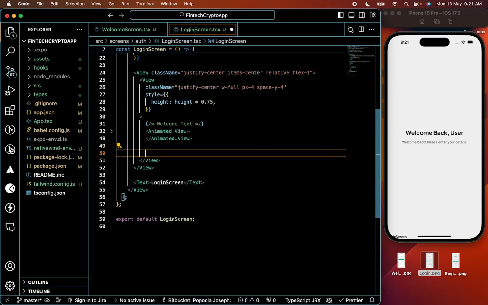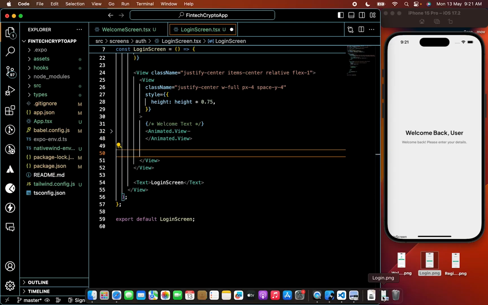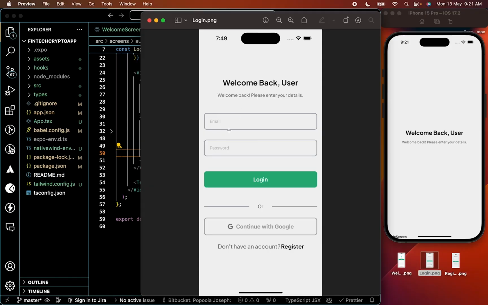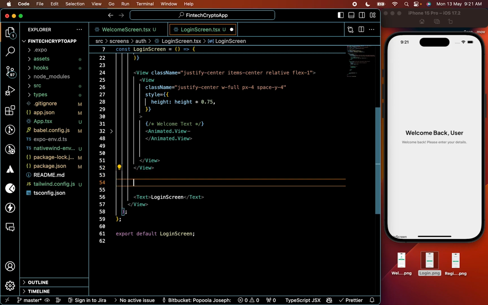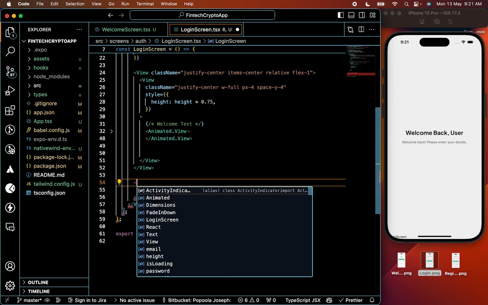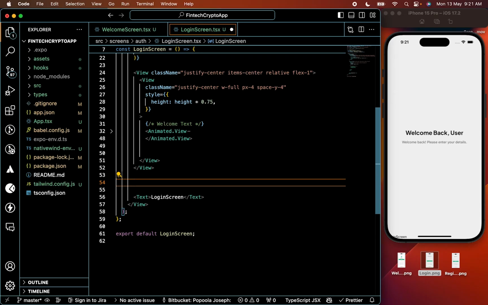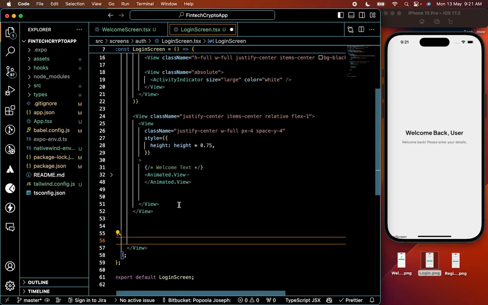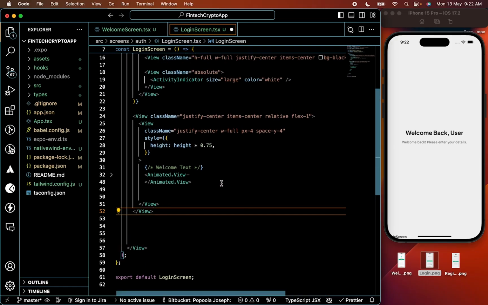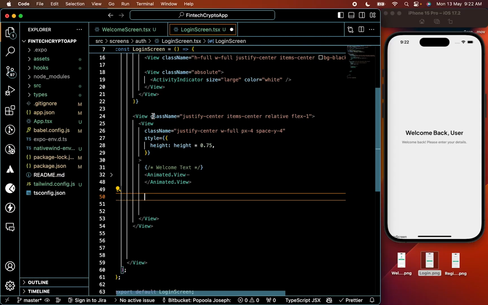Moving on, I want to have my various text inputs. This is different from just text. It takes in a value. Let me just create a comment right here, or even remove this because it's sitting at the bottom of my screen. I do not want that. So inside of this component right here, instead of this view, just under the welcome text, I want to have a text input,